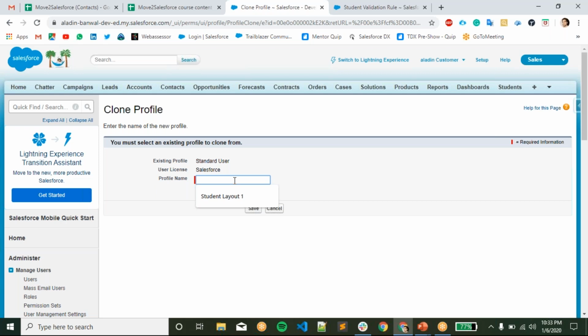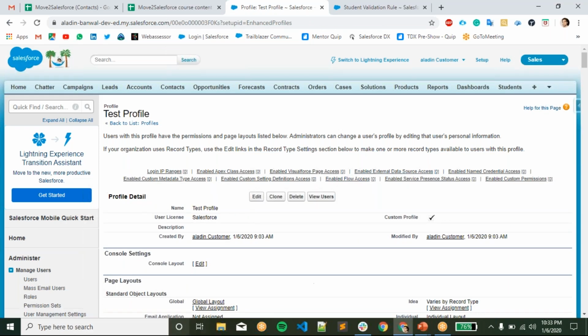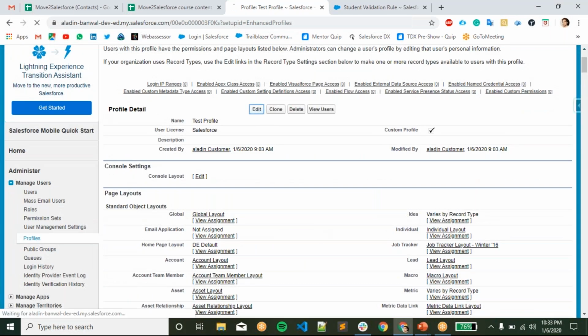If we want to give more access, then we can give. Let's say Test Profile. So we have just created a new profile called Test Profile.